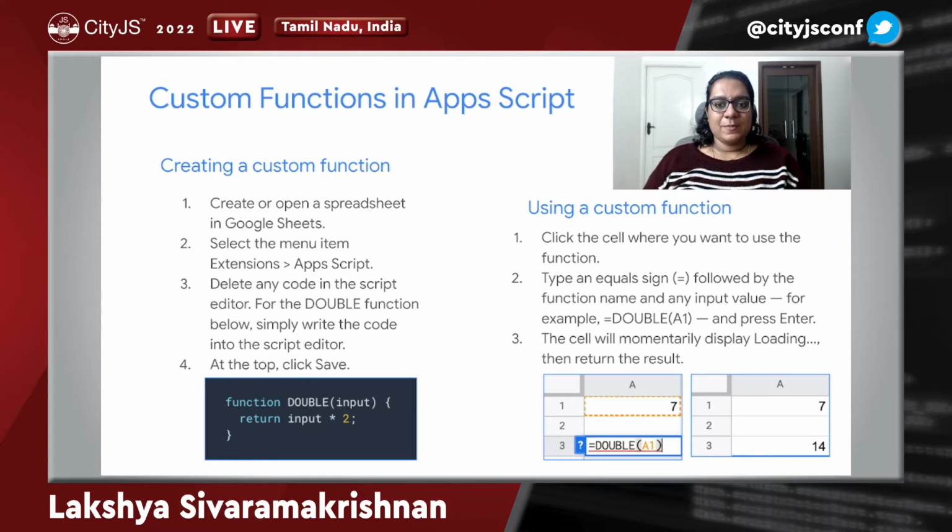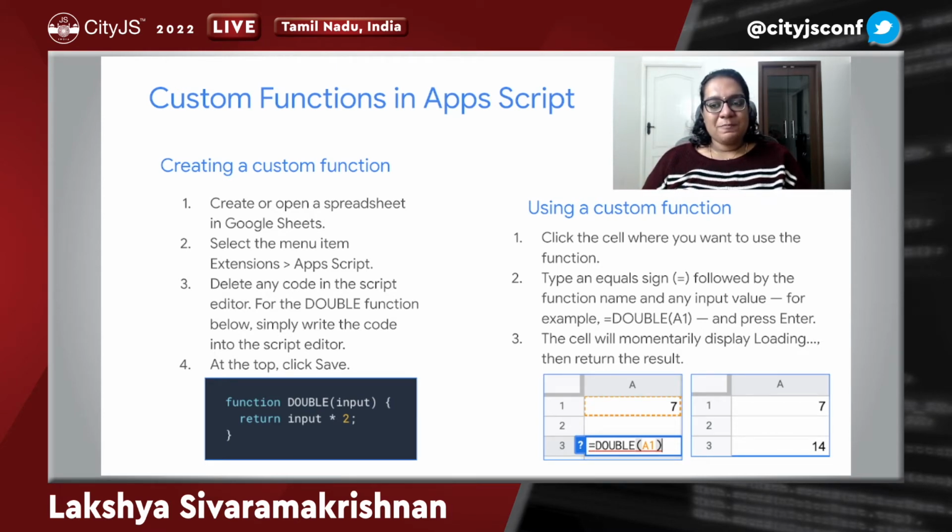Click on script editor. Once you come into the editor, you will find a basic boilerplate code. Just delete everything that is there and write this simple double function that you see on the slide. So basically you say function double, here is the name of the function, followed by the arguments, which is function argument here is input. And what the function returns is basically 2 times the input. Once you do this, click on the save button on the editor. Now a function is created.